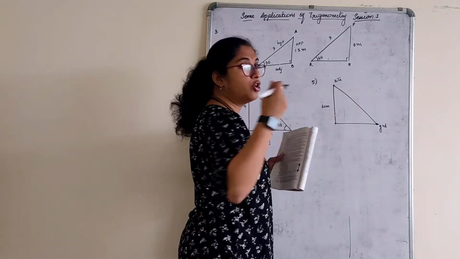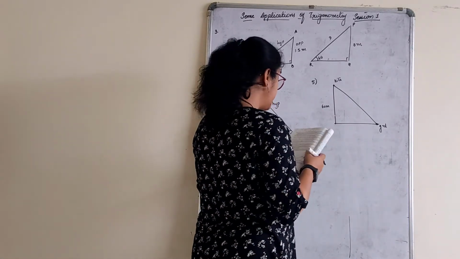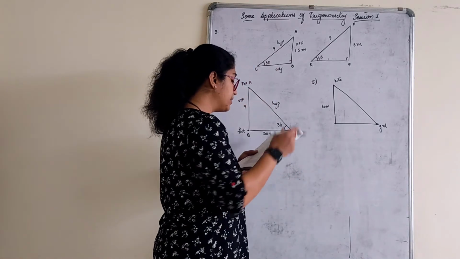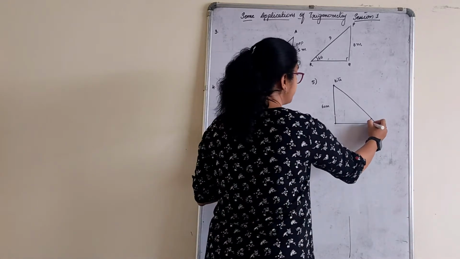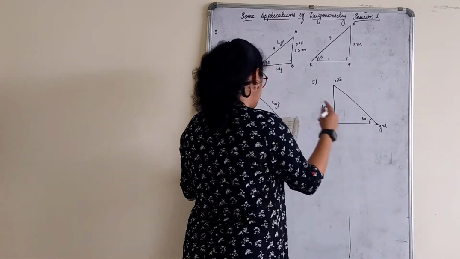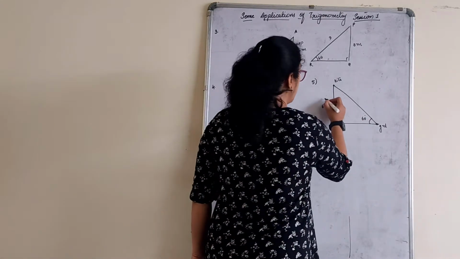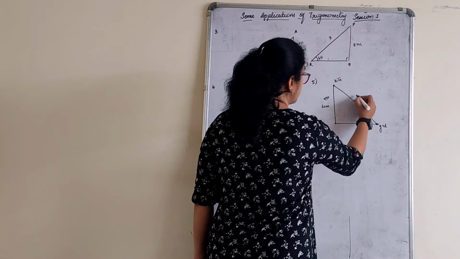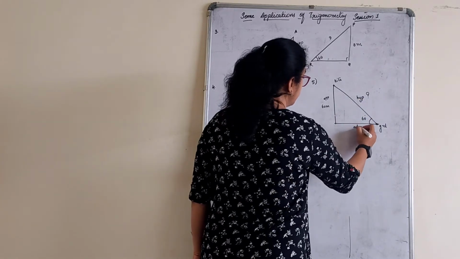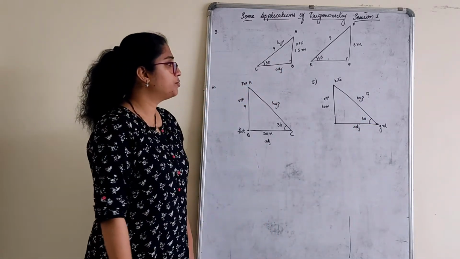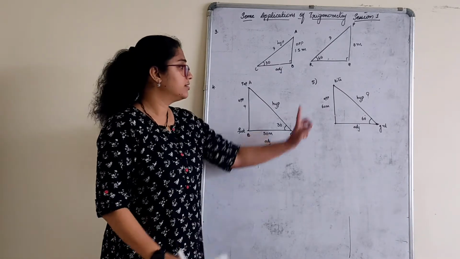Assuming that there are no knots and slack in between, it is straight, which is quite impossible sometimes, but according to the question, the string attached to the kite is temporarily tied to a point on the ground. The inclination of the string with the ground is 60 degree. Find the length of the string, assuming that there is no slack in the string. Slack is just like a bend or something. Opposite, hypotenuse, this is what we have to find. Adjacent. Which ratio? Sine 60, opposite by hypotenuse, or cosec 60, hypotenuse by opposite. Cosec nobody uses here. Go for sine 60.